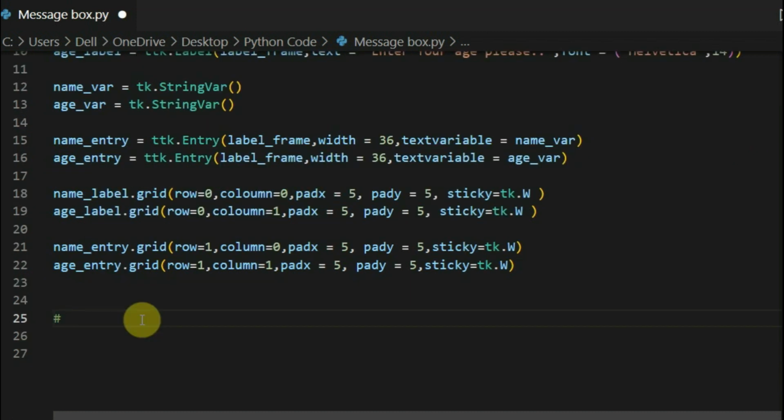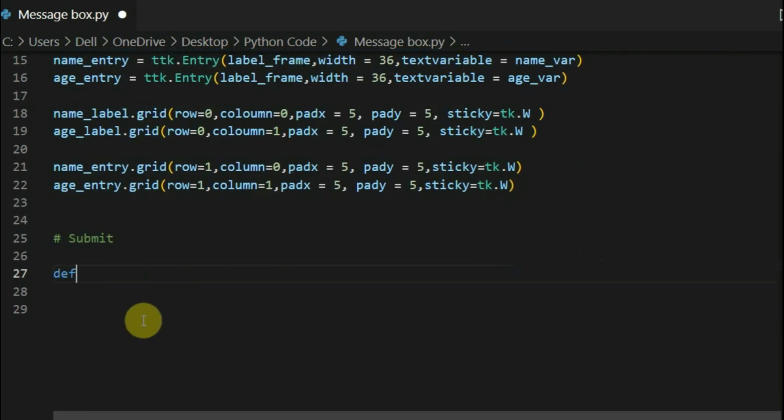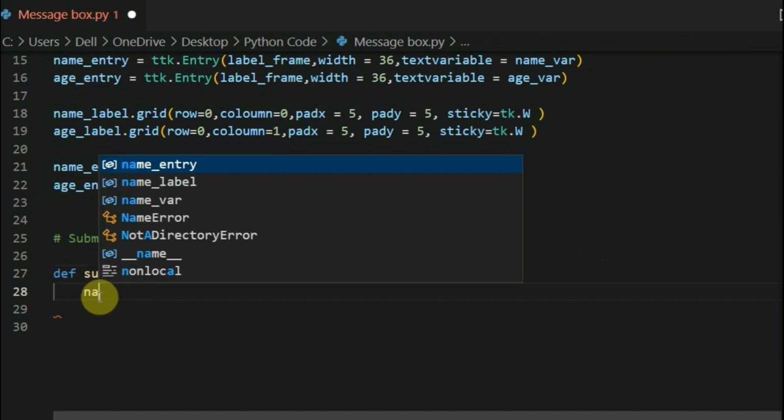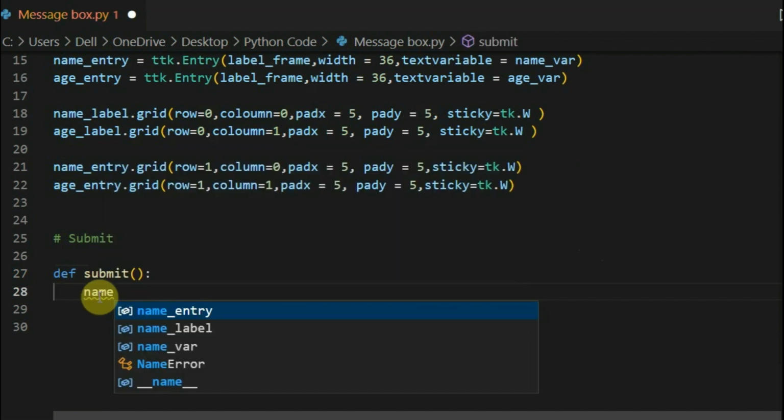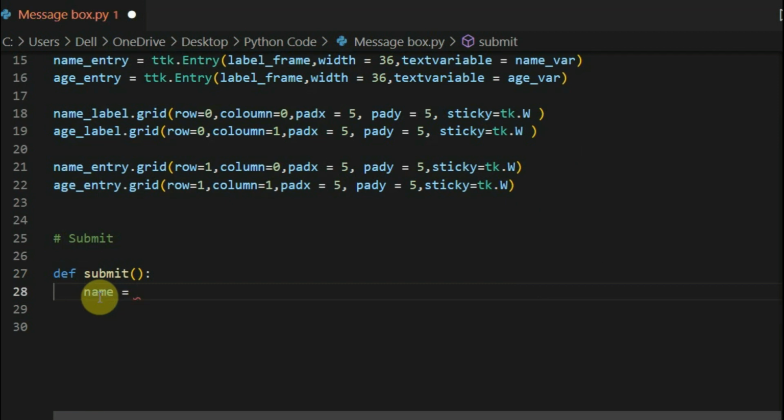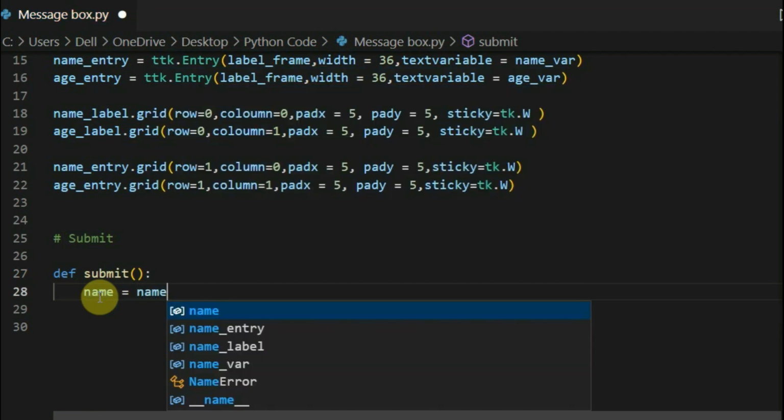Now let's create the submit button. To create this submit button, we are going to create a function. I am naming this function submit. You can name it whatever you like. Because we are going to create a button, I am going to create a name variable, and in this name variable I am going to